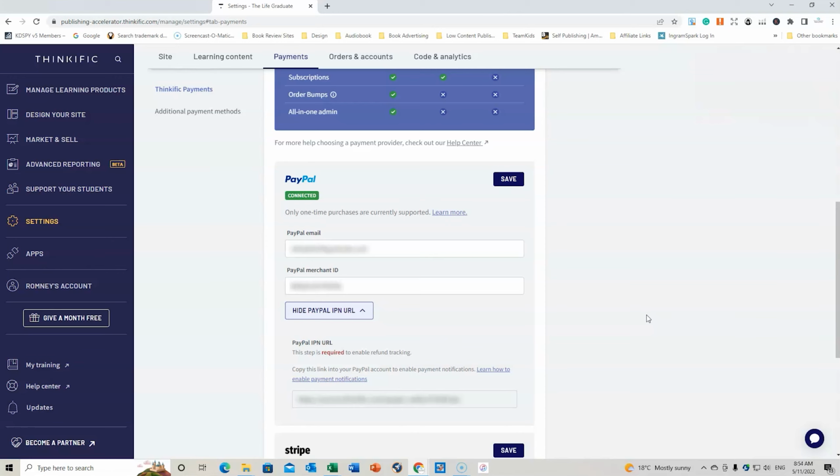Stripe is an ability for customers to use their credit card, and obviously PayPal you can use or have connected to a variety of different payment methods. So that's how you do it. Go to settings and then go to payments, and then you can connect up your different payment method for the best option that's going to be suitable for you and for your students, but it does depend on the plan that you have. I don't believe that you can enable Stripe if you're just on the basic free plan. So hopefully that helps.